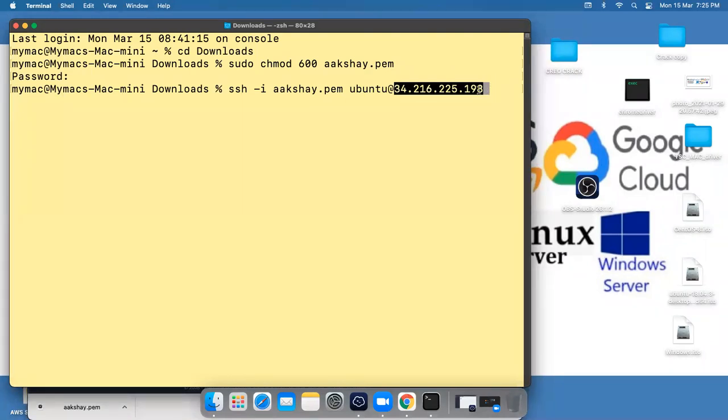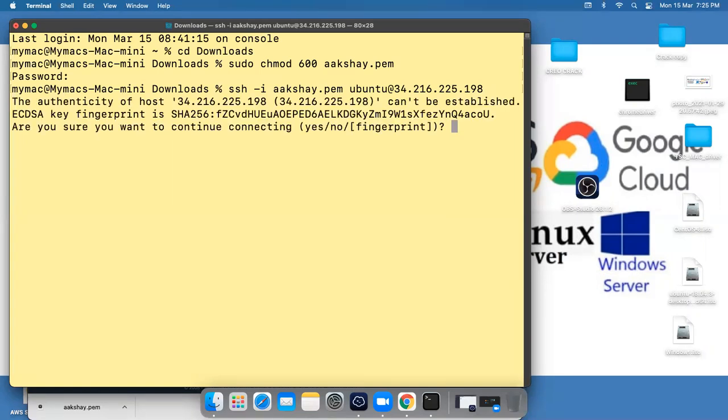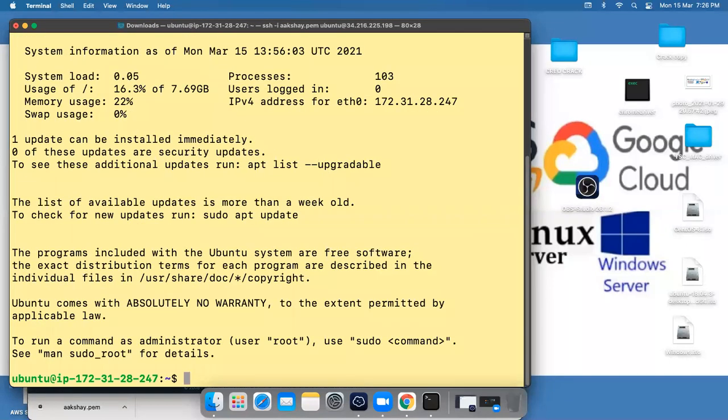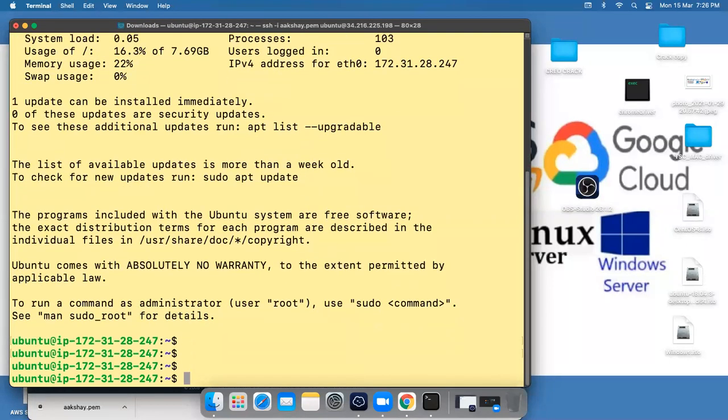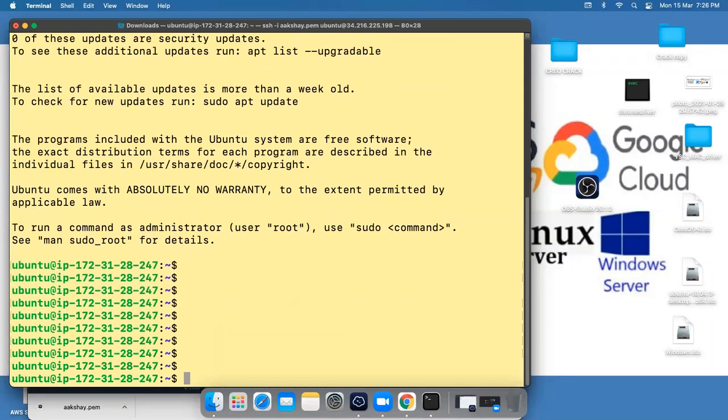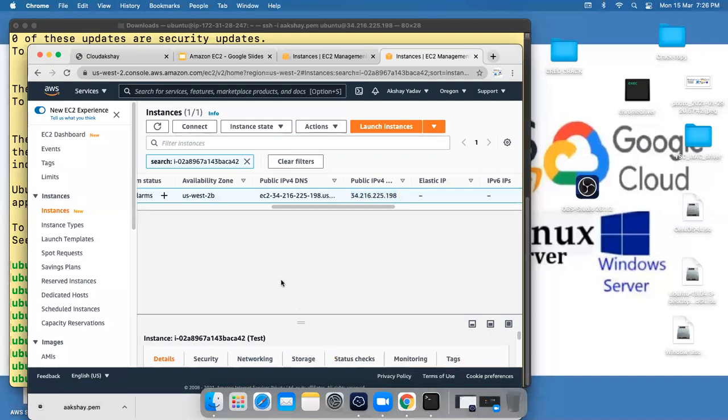I pasted it successfully and hit enter. Press yes. So my machine is now connected. You can see my machine terminal is connected, and I am connected to my machine.